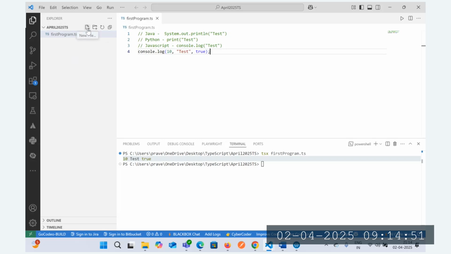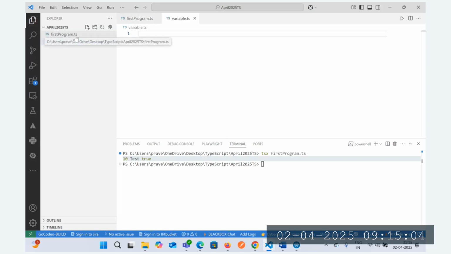Okay, so you can click on this and it will allow you to enter the name over here. You can give the name of whatever file you are trying to create. Here we'll mention it as variable.ts. Click enter, and it will identify the extension. Whenever you give a .ts extension, it will identify that this is a TypeScript file. In case for any one of you it is not able to identify that this is a TS file or JS file,